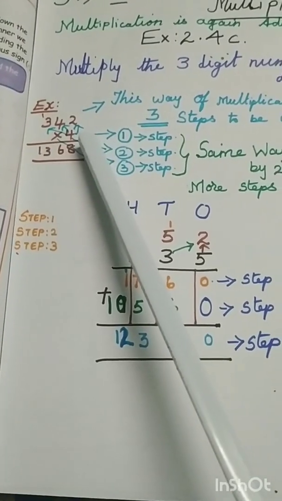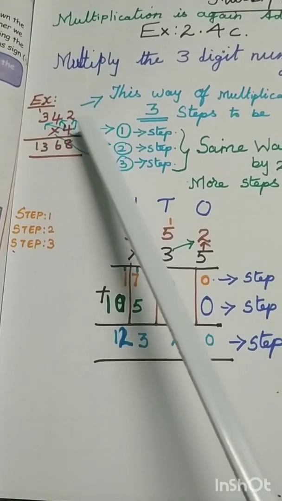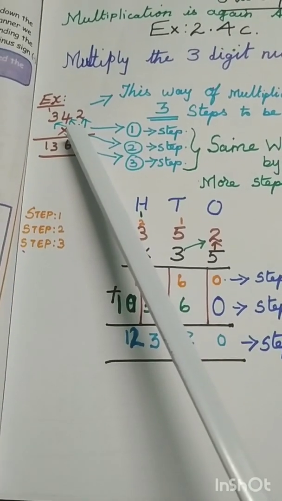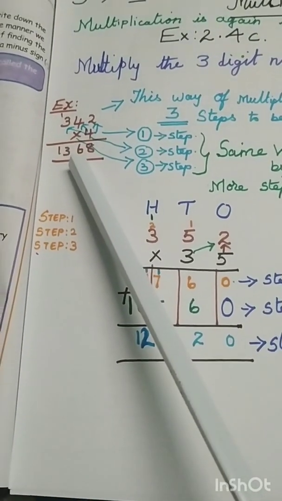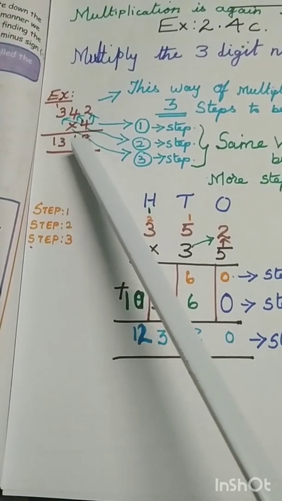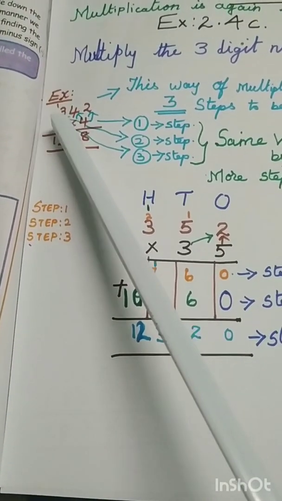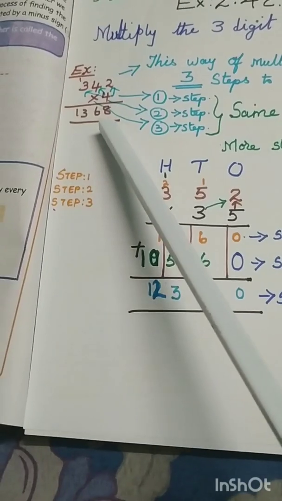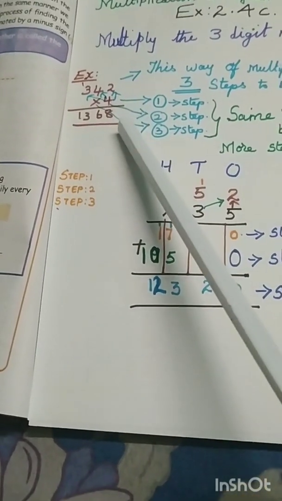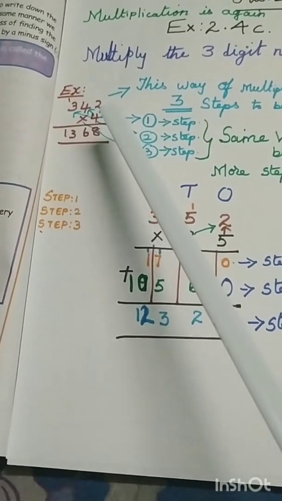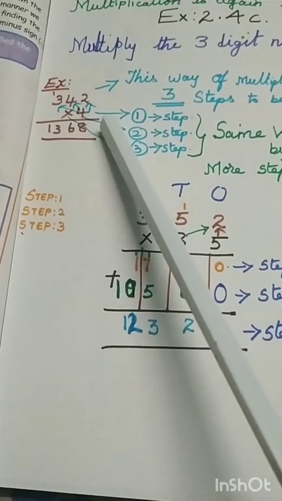First one will be 4 multiplied by 2, 8. Second step will be 4 multiplied by 4, that is 16. 6 carry 1, because it cannot be put together. 1 will be carried up because there is another number there. So 4 3s are 12, 12 plus 1, 13. So these are the basic 3 steps for multiplication. That is 2 digit multiplied by 1 digit.